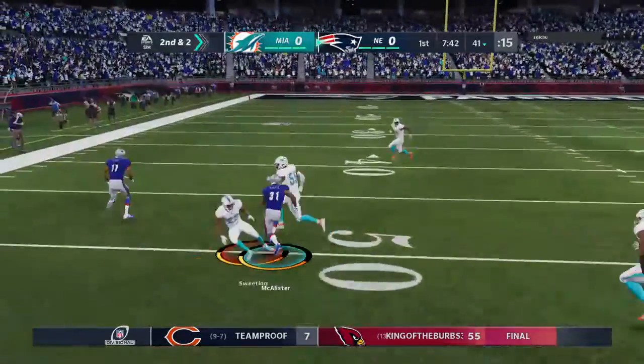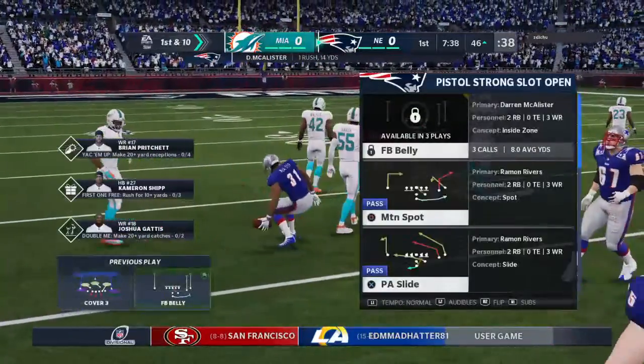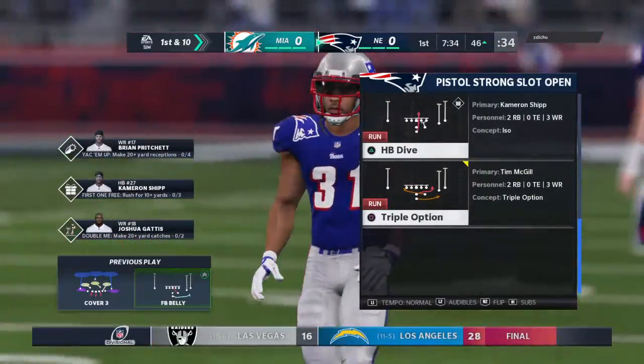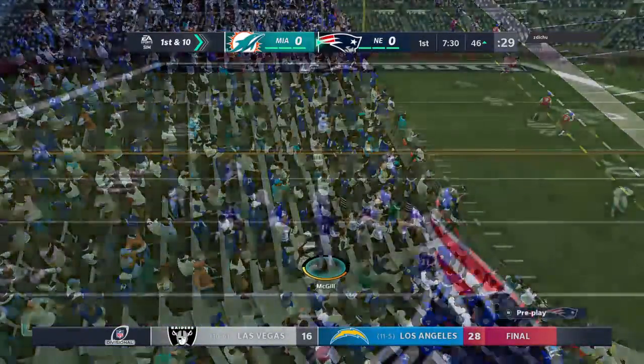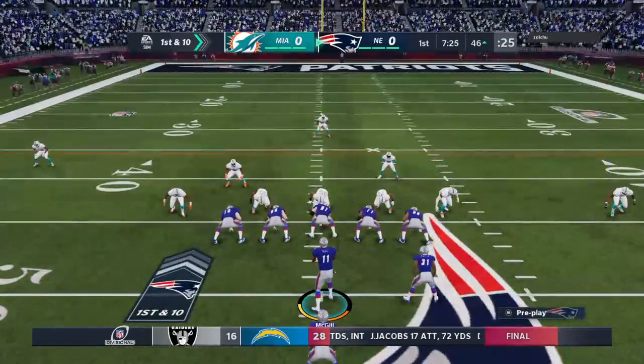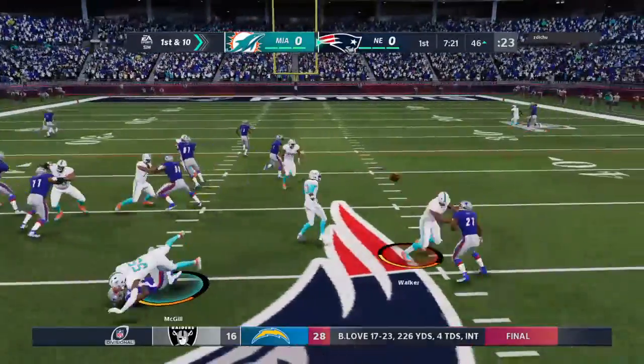On 2nd down, McAllister, and he'll be taken down, but not before he gets into enemy territory. Give him 14 on that one and a 1st down. Well, there's plenty of real estate for him to maneuver on that run, and let's face it, it shouldn't be a surprise. He's one of the better backs in the league. Had to come into this game with the idea, slow him down, otherwise...